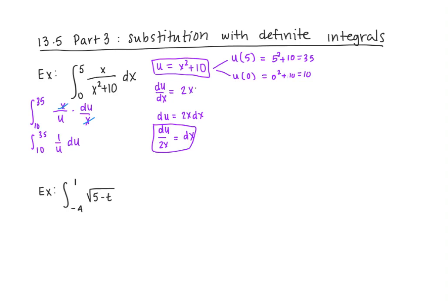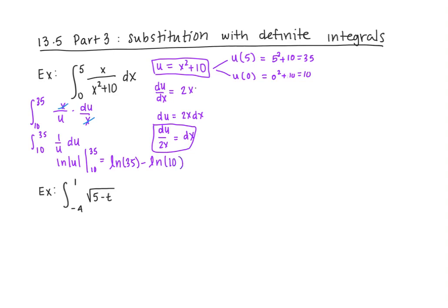Well, the integral of 1 over u is natural log. So I've got the natural log of u from 10 to 35, which is natural log 35 minus natural log